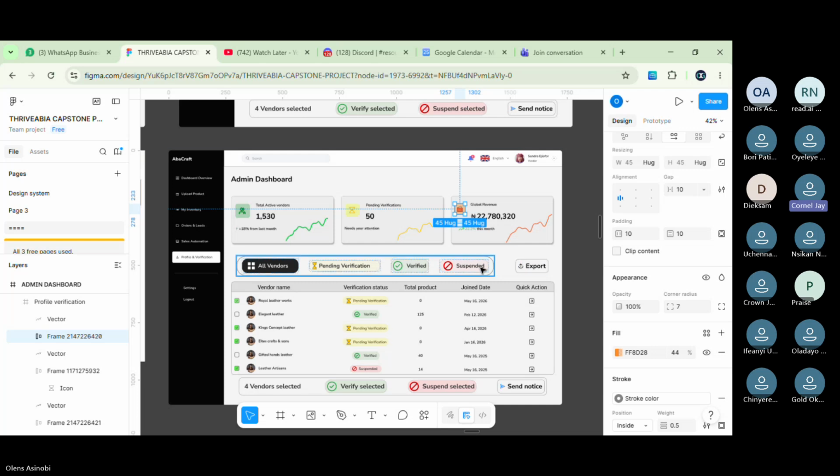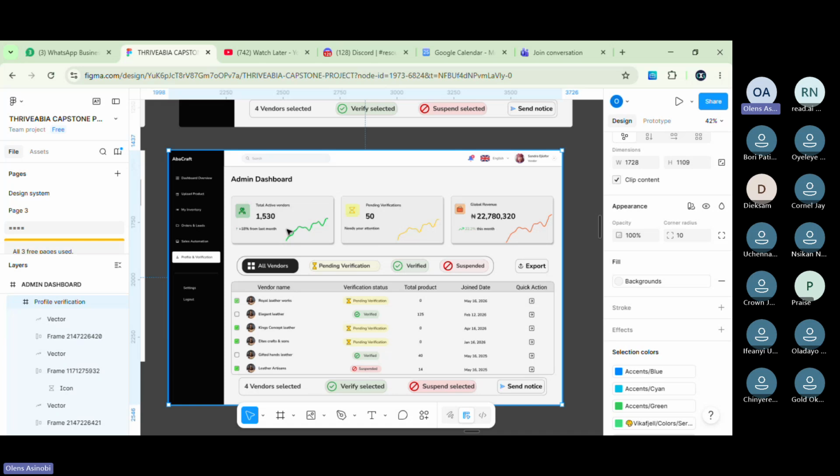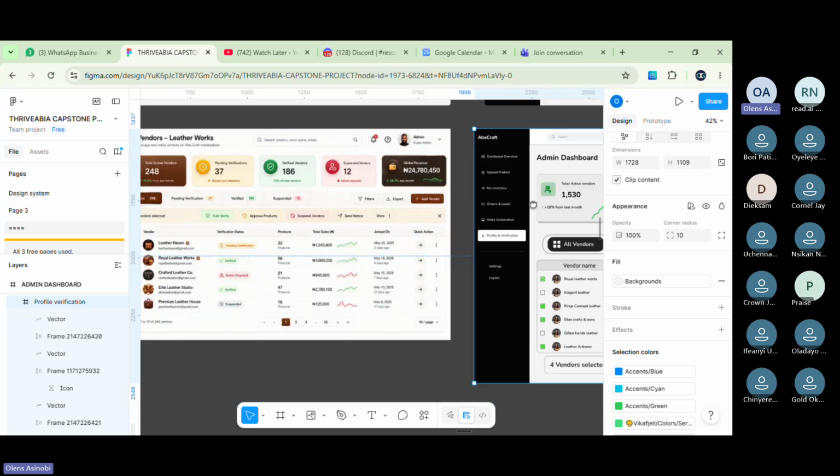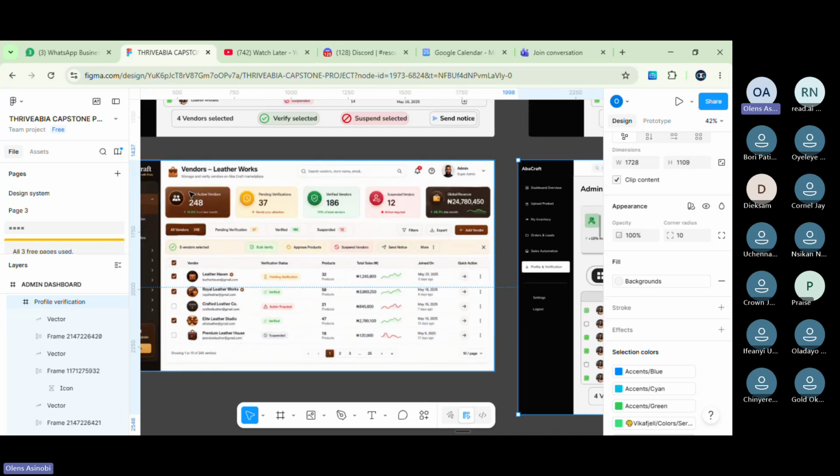My network interfered. I mean in this card section, you have only total active vendors, pending verifications, and global revenue. But in this one, you have total active vendors, pending, verified, suspended, and global revenue. What happened to the rest? You left them out.